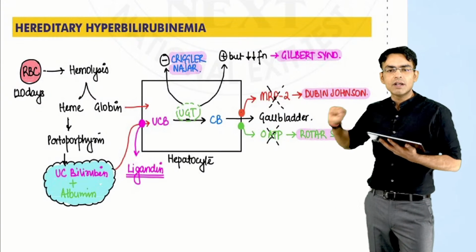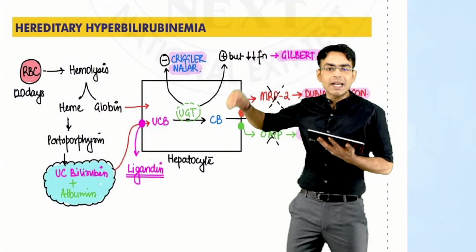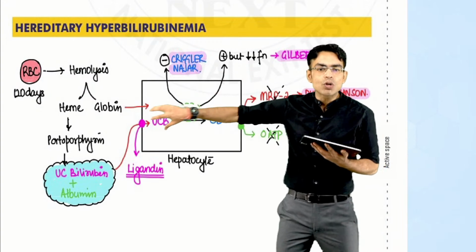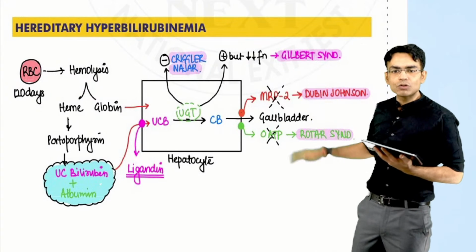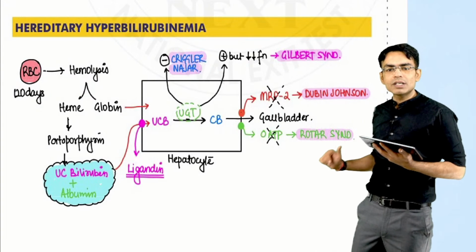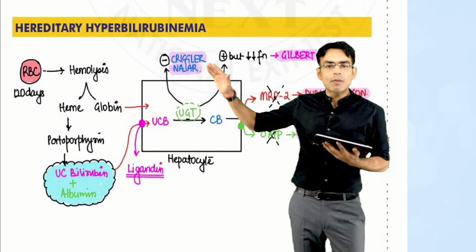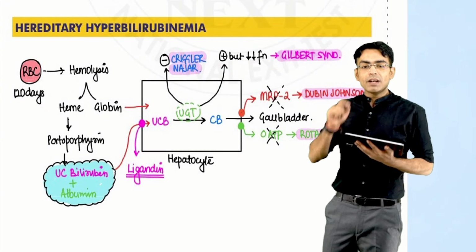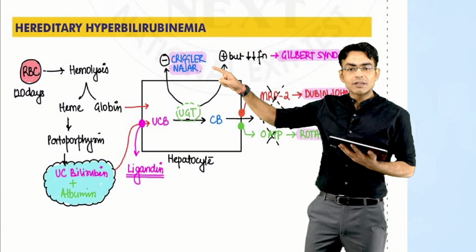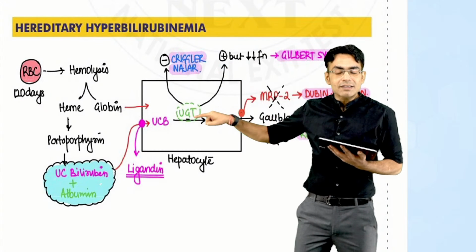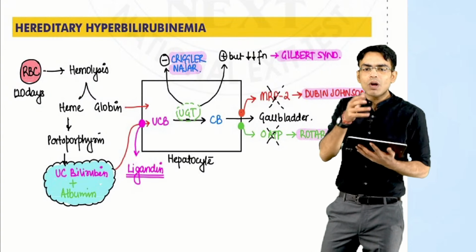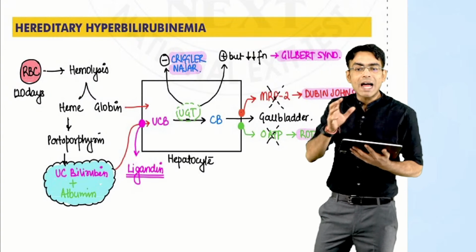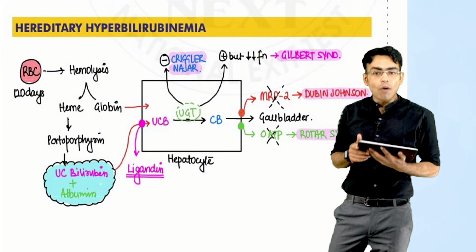Once it becomes conjugated bilirubin, it is given to the gallbladder for storage with the help of these 2 proteins. So now, if the examiner is saying that unconjugated bilirubin is more, that means the examiner is already ruling out these 2 options. It can't be Dubin-Johnson, it can't be Rotter. Now we have to talk about Crigler-Najjar and Gilbert. The point about Crigler-Najjar is that in this enzyme UGT is completely absent. So this patient will not have mild jaundice. This patient will have severe symptoms of jaundice, number one.